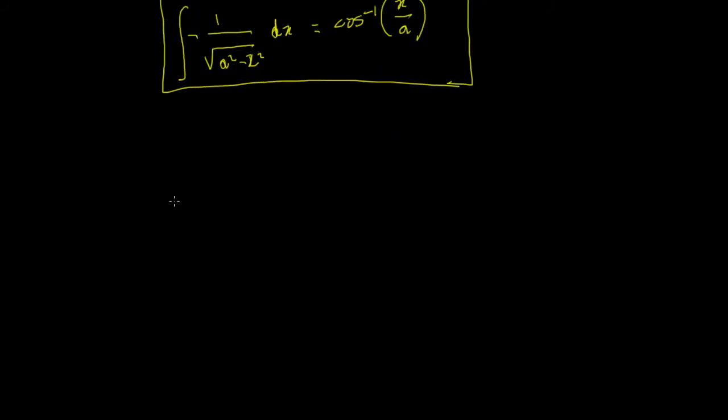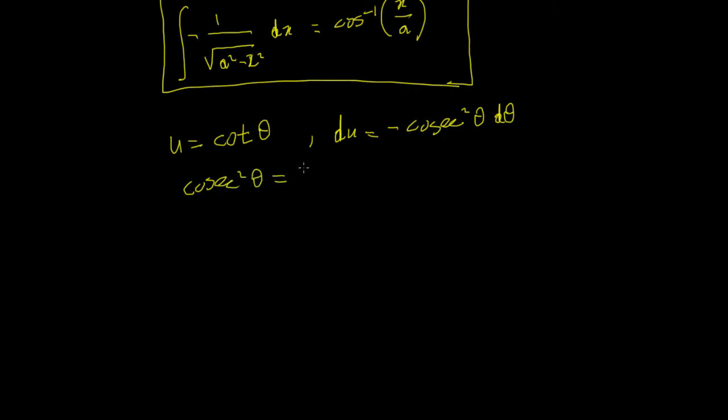And again, we can use a substitution, and the substitution we're going to use is u equals cot theta, okay, because then we know that du will equal minus cosec squared theta d theta, and we also know the trig identity that cosec squared theta equals 1 plus cot squared theta. Okay, so it means that we can